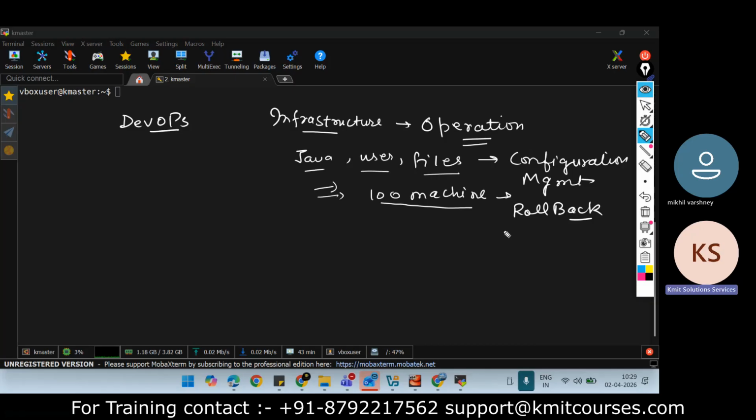So now the operation team comes to the DevOps engineer, or the DevOps engineer comes to the operation team and asks what activities they are doing manually. We need to convert it into an automated process because in DevOps we should not use anything manual. So they will put this kind of case: we need to install Java on 100 machines,